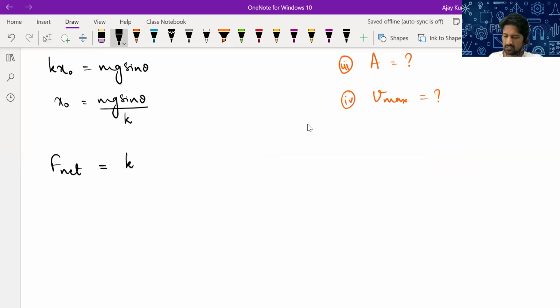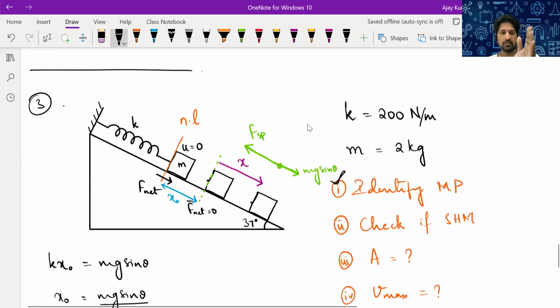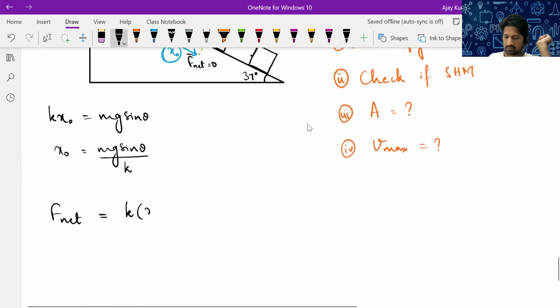Spring force formula is k multiplied with total elongation of the spring. Now, you know where the natural length of the spring is, and you know where the block is. The spring already had an equilibrium elongation of x naught. From there, we further elongated it by x. So what is the total elongation of the spring? x naught plus x. So k times (x naught plus x) is the spring force, minus the weight component,